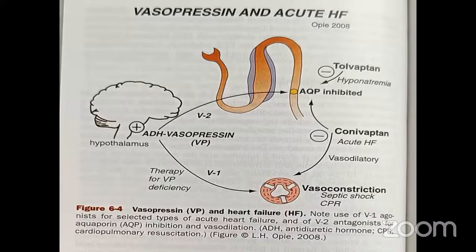Now, what is the role of vasopressin in heart failure? Okay, so we have V1. We have two receptors of these. We have V1 agonists for selected types of heart failure, and V2 antagonists for aquaporin inhibition and vasodilatation, most often in chronic heart failure. So here you can see that this is secreted by the hypothalamus, which will act on